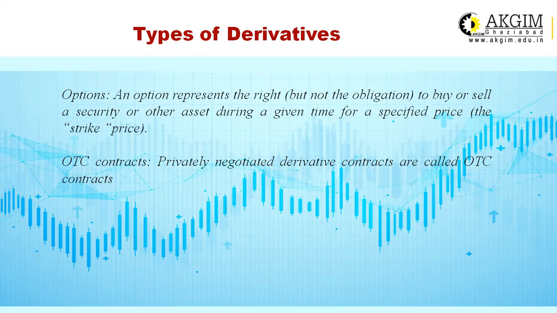No third party is involved in this process, and these contracts are also called self-regulated contracts. Why are these contracts called self-regulated contracts? Because there is no involvement of the exchange. There is no need to give the margin as is required in the case of exchange traded contracts. Moreover, these contracts are settled on the maturity date and not before that date unless both the parties agree to the transfer or the prepayment of the contract.